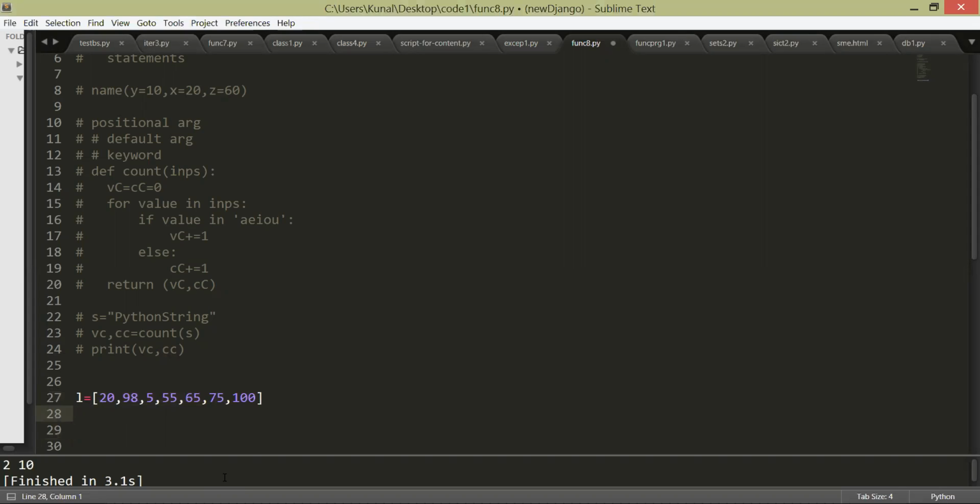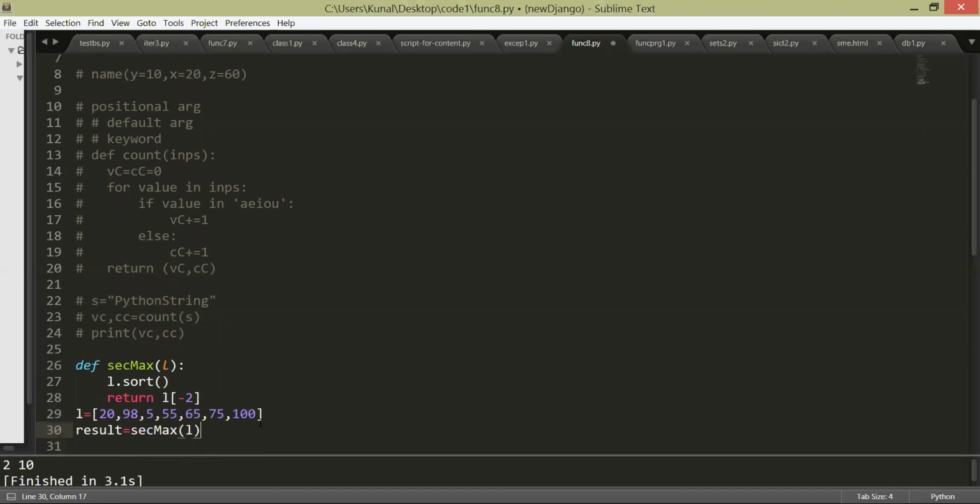So what I'll do, I'll just say result is equal to second max, and I'll pass this list. Now let's write a definition for this: def second max, list L. I have this list here. What I need to do is sort this, so I'll say L dot sort, and I'll return L. How can I access the second number from last? Index -2. Now if I just print it,